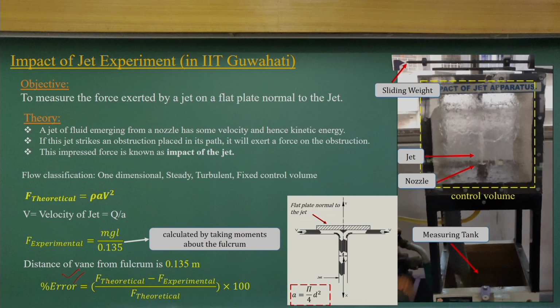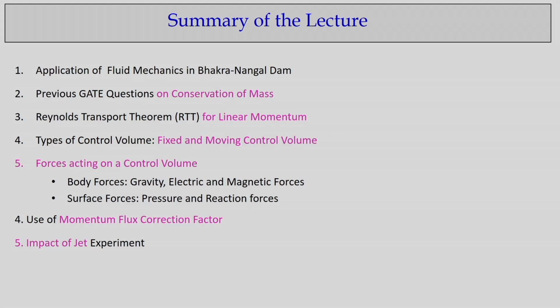So, with this let me summarize today's class. We started, very interestingly, with the Bhakra-Nangal dam project. If you are interested, you can find more data, but I can say that because of such dam projects, we have changed irrigation, hydropower generation and water resource management in Himachal Pradesh, part of Uttar Pradesh and elsewhere. All of that was possible because of the knowledge of fluid mechanics way back in the 1950s and 60s. Now we have more advanced ways to understand fluid mechanics, so we can solve many challenging problems apart from the standard ones.